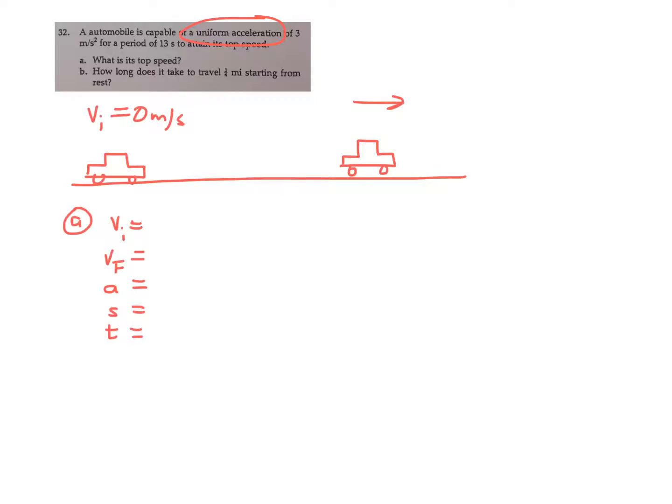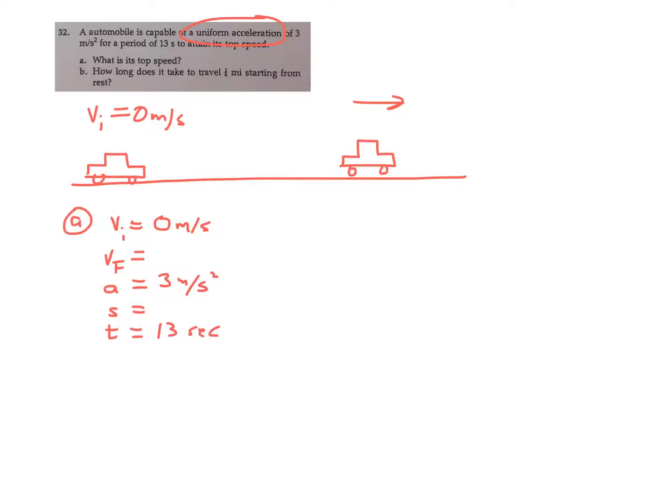And then set your initial conditions for your 5 variables. In this case, v sub i is 0 meters per second. We're looking for v sub f. a is 3 meters per second squared, and t is 13 seconds. Set those up and then find the appropriate equation or equations, and sometimes you have options. But I think in this case,